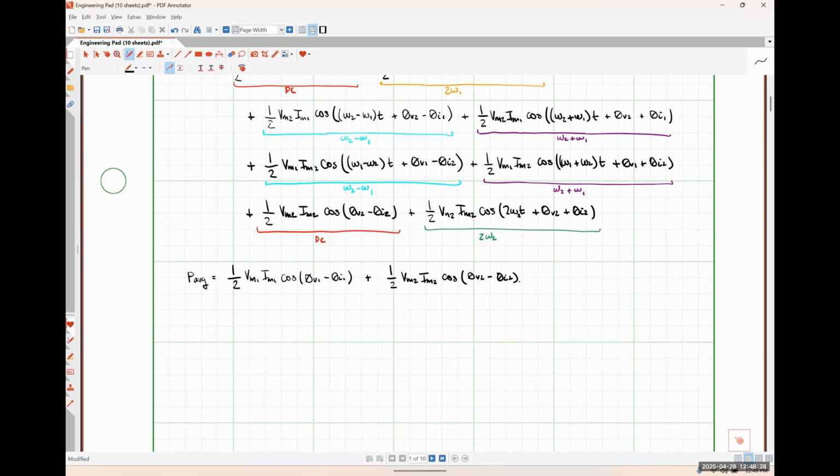In your homeworks, exams, etc., I don't think I'm ever going to actually make you use this instantaneous power relationship because it is so ridiculously unwieldy, and it doesn't really give us a lot of useful information. It gives us a ton of information, but whether or not it's useful is an entirely different bag of cats, okay? So realistically, I'm more interested in you guys picking up this relationship